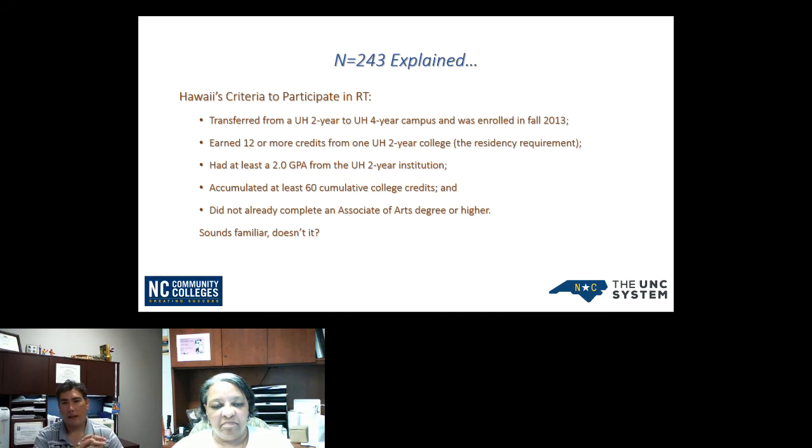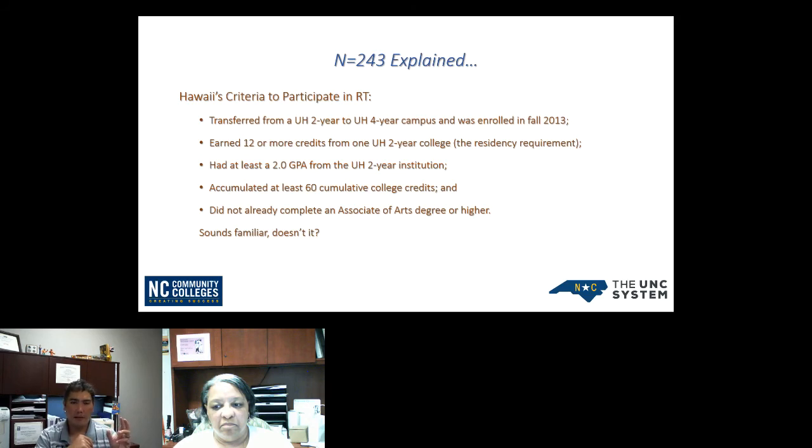So one of the things that I thought was interesting in the article, when it talked about the 243 students, I wanted to know, well, how did they get it down from thousands of students down to 243? They used this rubric to make sure that everyone was on the same playing field. And one of the things that they noticed was that you transferred from a 2-year to 4-year. Okay, easy enough. You've earned at least 12 or more credit hours, so you're holding your residency requirement back at your community college. You had at least a 2.0 GPA from your 2-year institution. You accumulated at least 60 cumulative